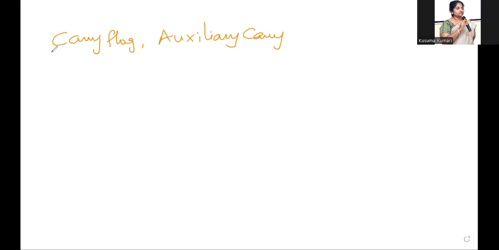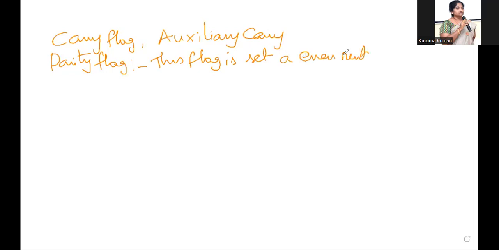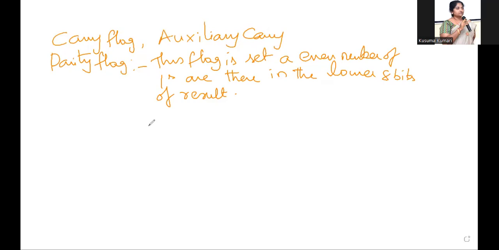Next, the parity flag. This flag is set when an even number of ones are there in the lower 8 bits of the result. For example,